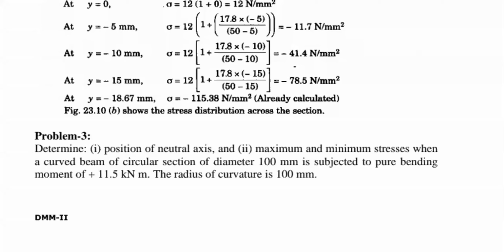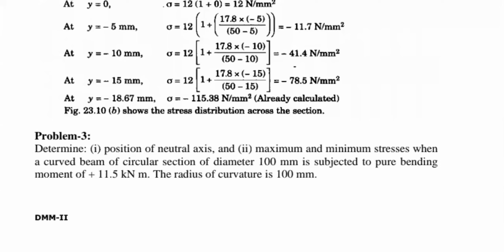Anyway, without wasting time, please move on to the second problem, which is based on the circular cross section, as I told earlier. As you are observing problem number 3 on your screen, the problem is mentioned as a normal statement, but in the examination they write it in their own manner, so no need to worry. The whole theme of the problem is only to determine the position of neutral axis, the maximum and minimum stresses, and the type of cross section. Only these three are the important parameters.